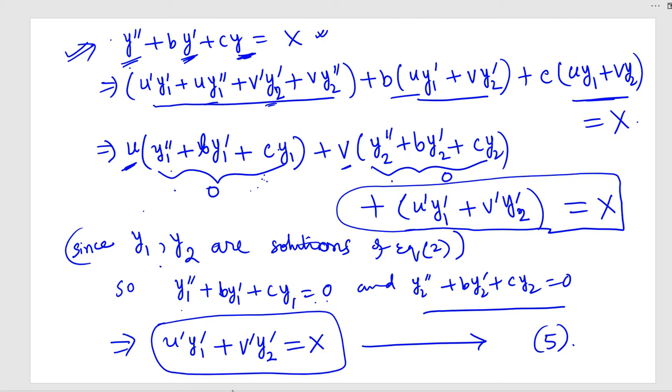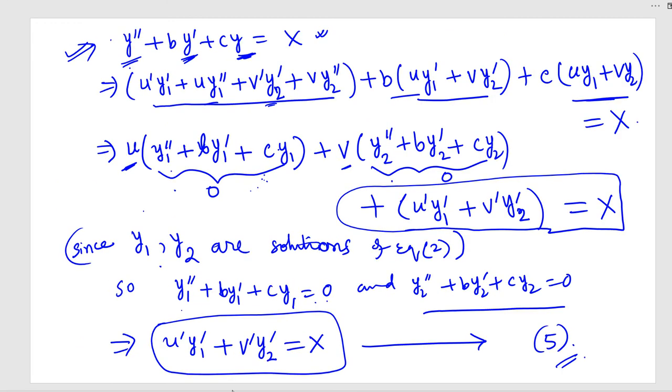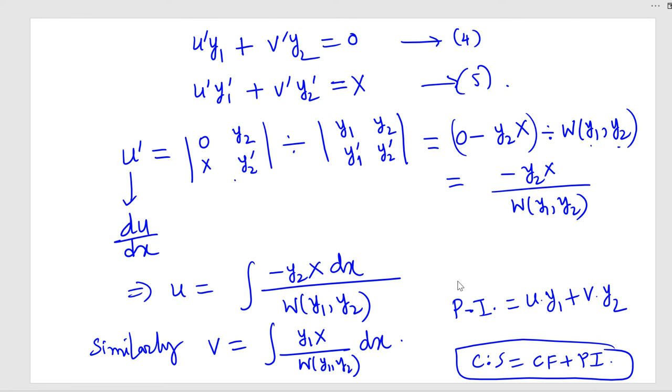Let us call it 5. Now we will take 4 and 5 together. We have in this case u dash equals to